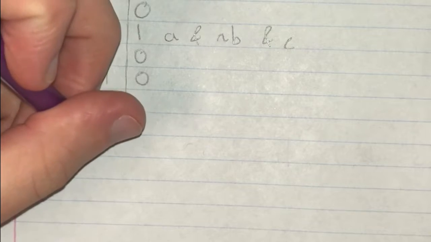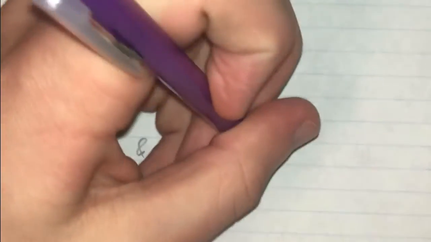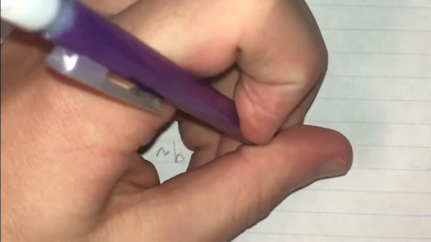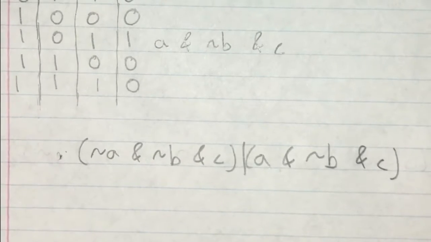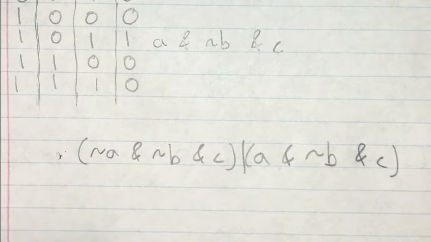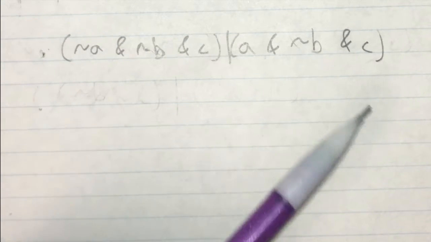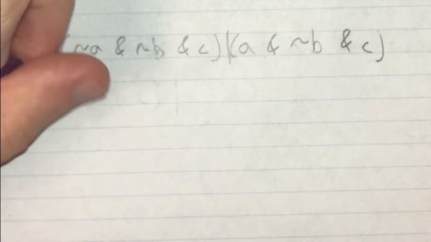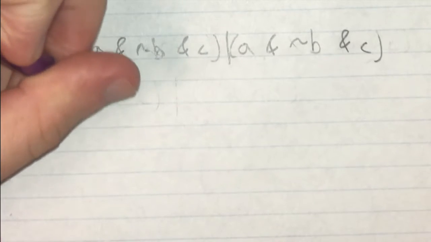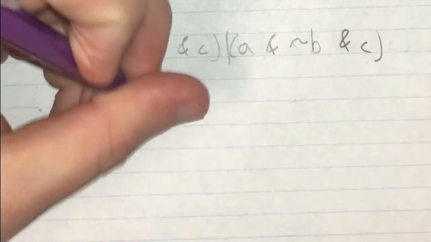So what we have is not A and not B and C, or A and not B and C. So now what we're going to want to do is simplify this Boolean expression. The first thing that we notice is that we have a not B and C on both sides. So we're going to group them together. So we have not B and C,